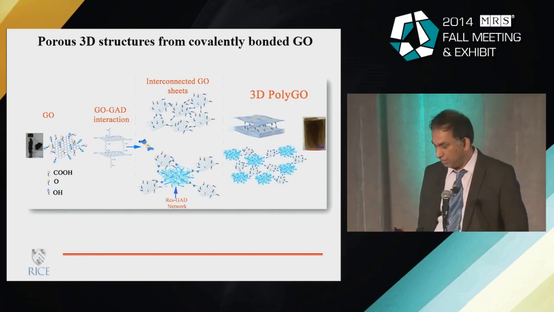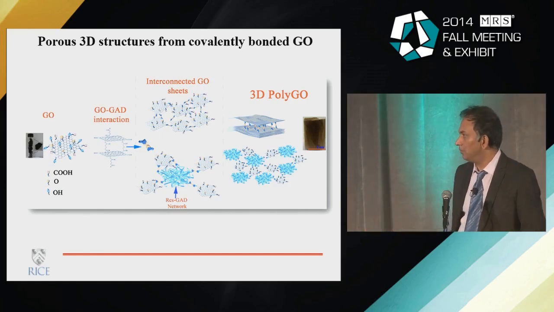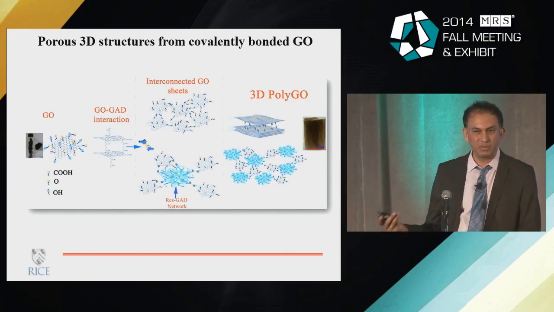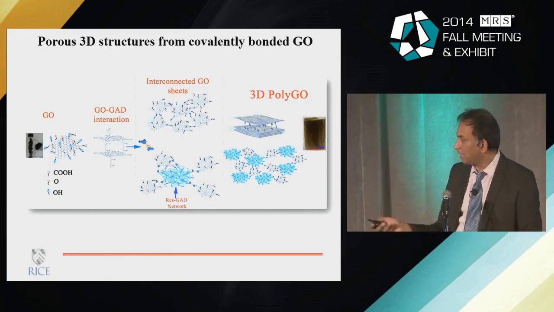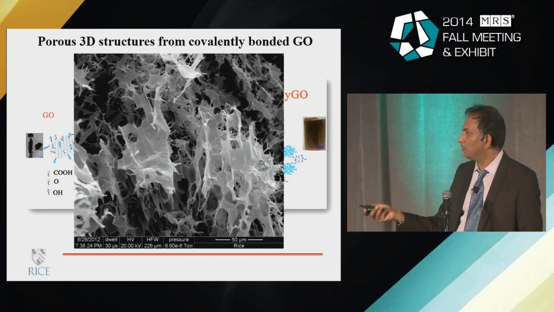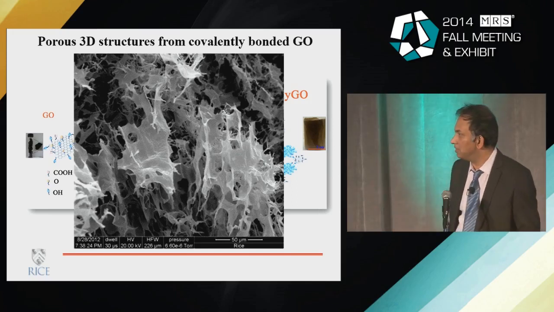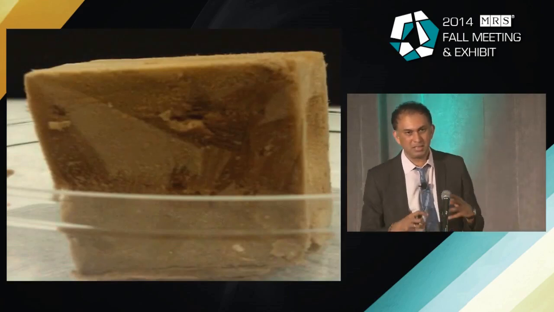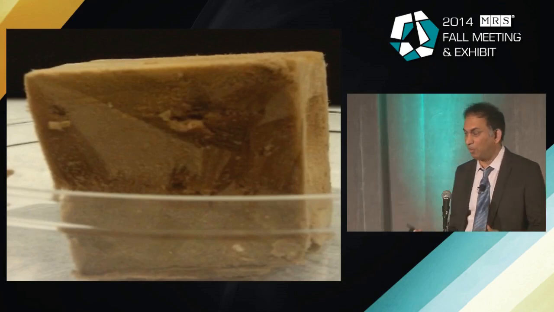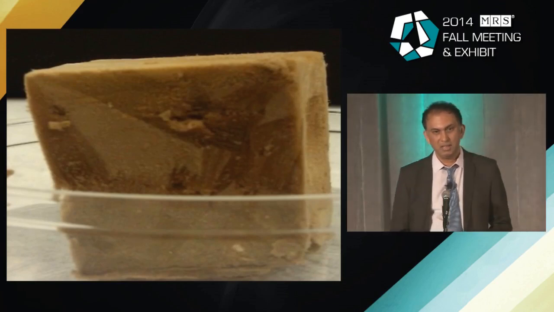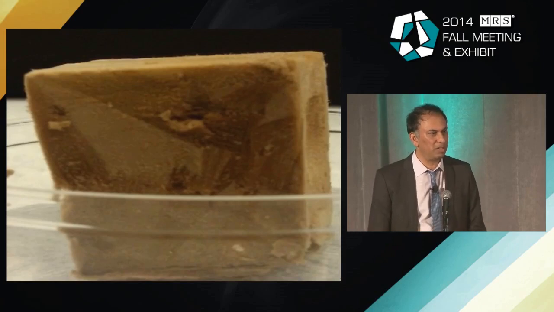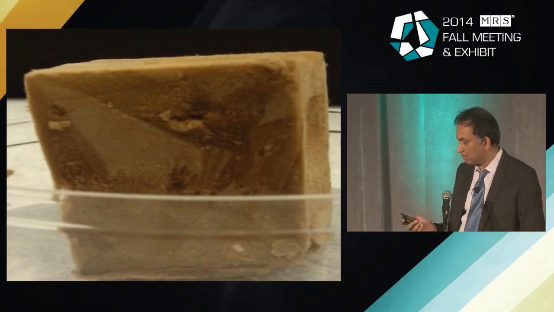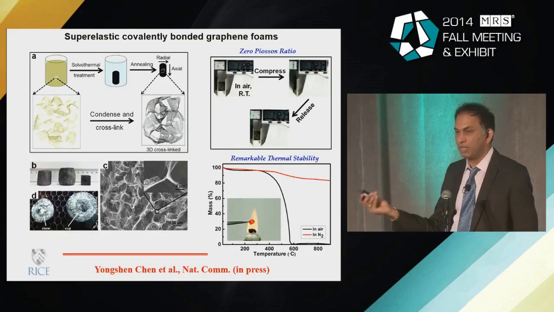And again, there's a lot of stuff in literature, so I don't have to really show you everything. GO is an interesting material I already mentioned, and you can perhaps covalently link them using chemistry to build these three-dimensional scaffolds. And again, we have proved that there are covalent interconnections between these layers at the edges, and ultimately you can build very large solids that are essentially made of these type of building blocks, and very porous material. You can control porosity to some extent. So this could be a totally different approach to building porous materials from bottom-up approaches using these type of 2D materials as building blocks. Or even pure graphene.